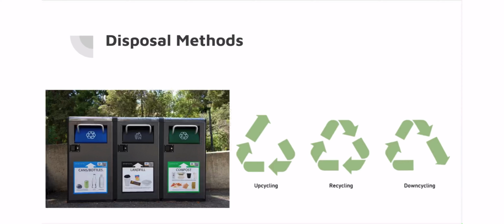Upcycling can create more valuable products from discarded plastics. Recycling can decrease physical properties in the case of mechanical recycling, and breaks plastics down to the molecular level so they can be useful for many applications in the case of chemical recycling. Through composting or downcycling, plastics can be broken down into separate components for remanufacturing of new plastics.